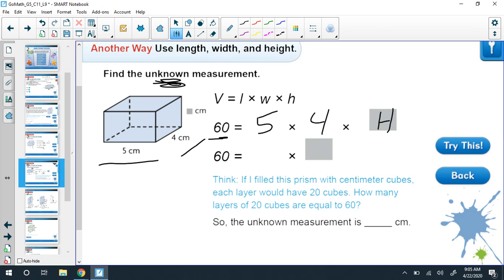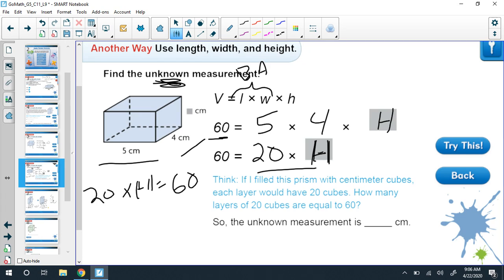Well, 5 times 4 is 20. I still don't know my height, right? But this kind of helps us with that whole idea that the area of our base times our height is going to tell us our overall volume. So I just have to think to myself, well, 20 times what equals 60? Hopefully we remember that because these are multiplication facts, we can turn this around and say, well, 20 times h equals